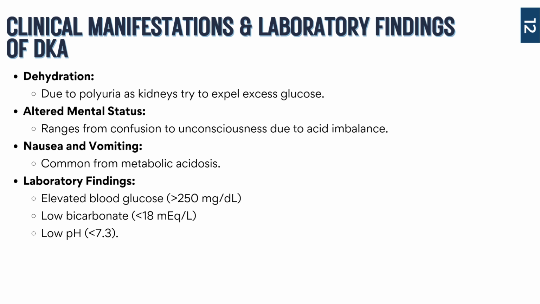So this happens because the hyperglycemia causes an osmotic diuresis, and that is where high blood sugar draws the water into the urine, okay? This is why patients in DKA often present with polyuria, which is frequent urination. Also, they might be complaining of severe thirst, and there are also signs of dehydration like dry mucous membranes and poor skin turgor.